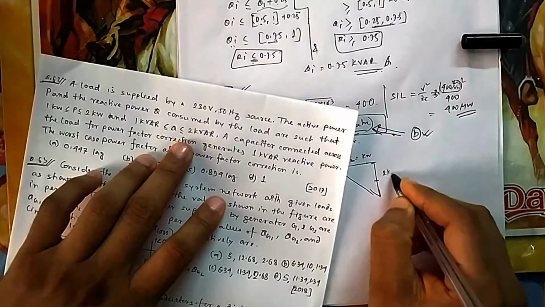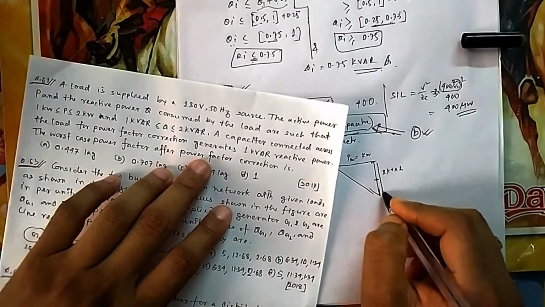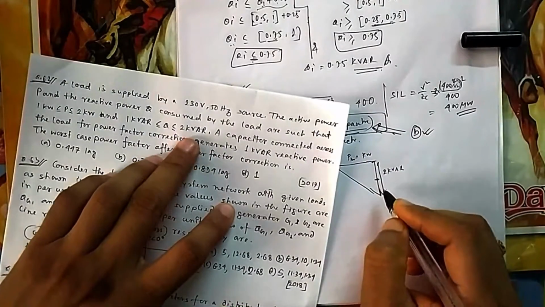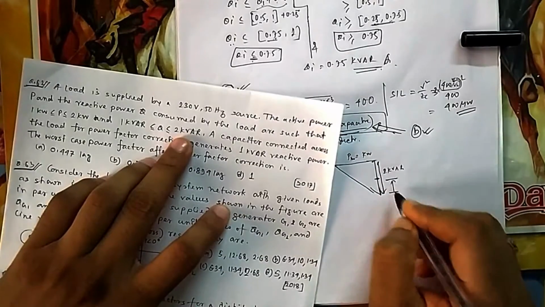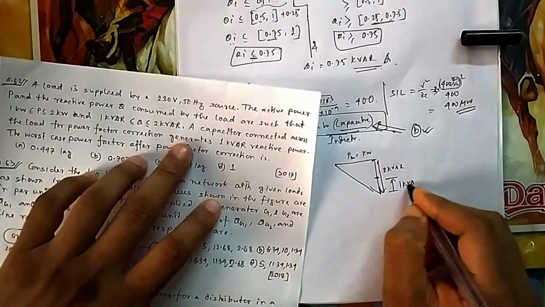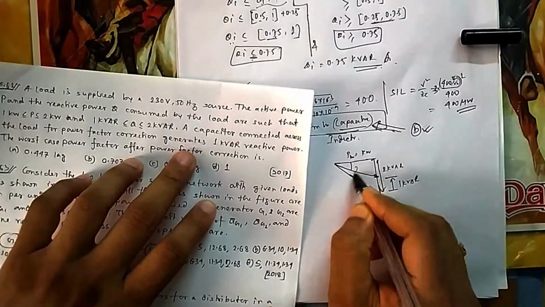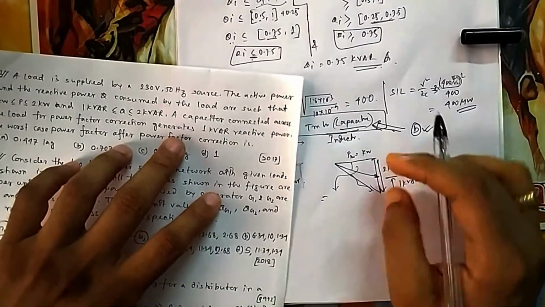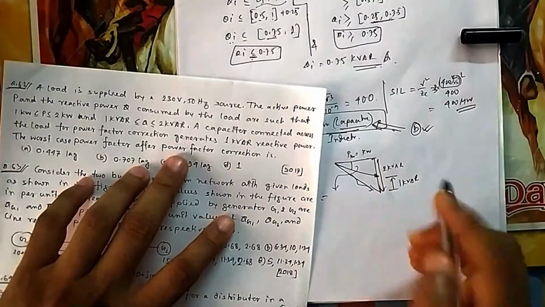Suppose I take 2 kVAR, then I have to include that 1. Suppose this is 2 kVAR maximum, but you have connected one capacitor there, so it will give support from that capacitor also. 1 kVAR will be in this direction, so ultimately it will be here. So this is the angle, not this one. This one is the maximum angle. I have taken maximum Q, but there is a capacitor which is giving this feedback, so it will get reduced.